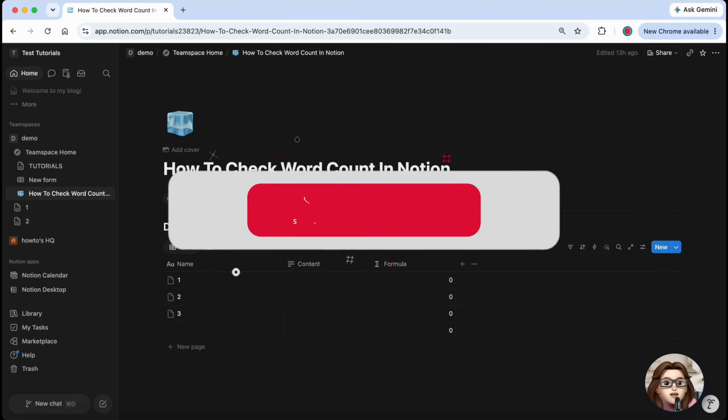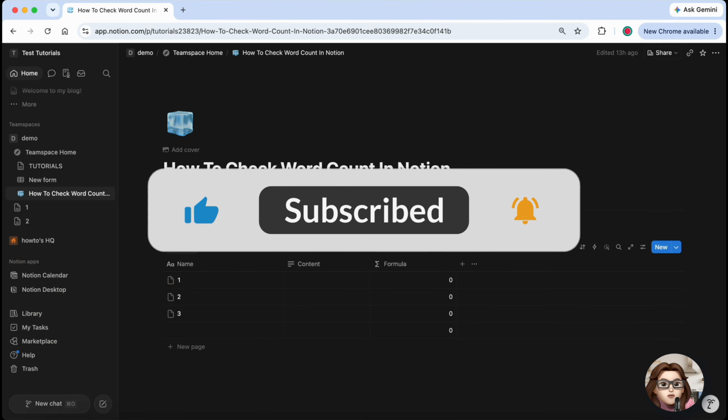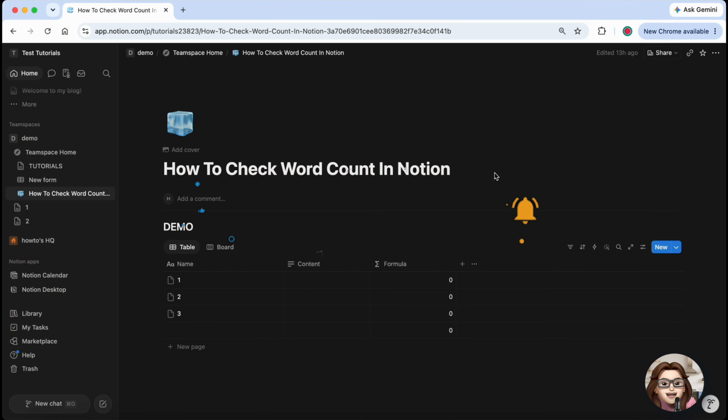In this tutorial, I'll show you how to check the word count in a Notion database using a formula. By the end, you'll have a word count that updates automatically as you write. Let's get started. Open your Notion database and make sure you have a text property where you'll write or paste